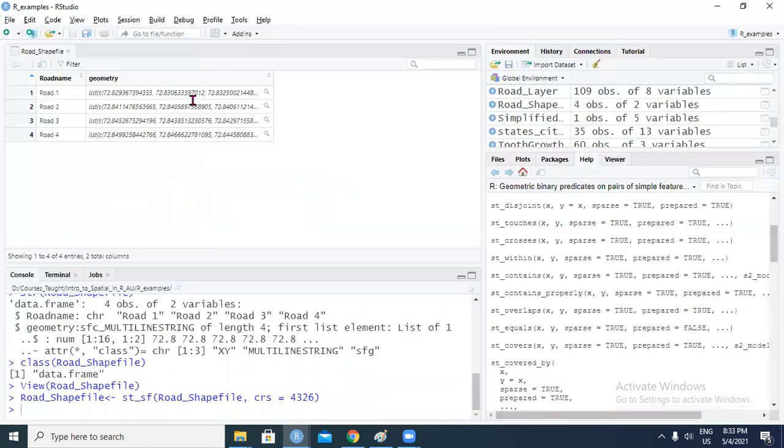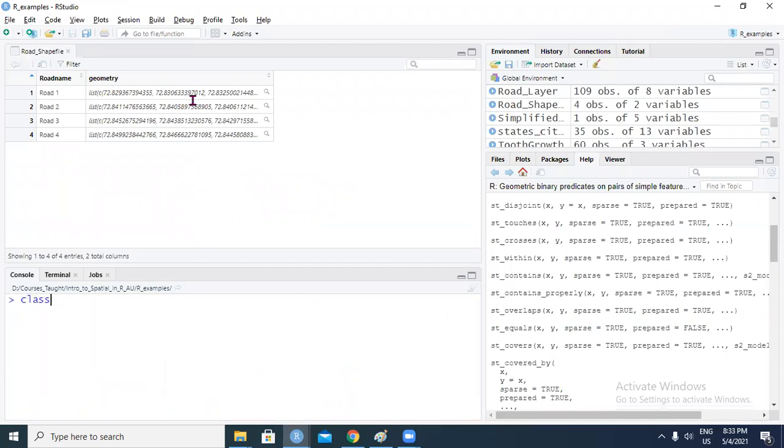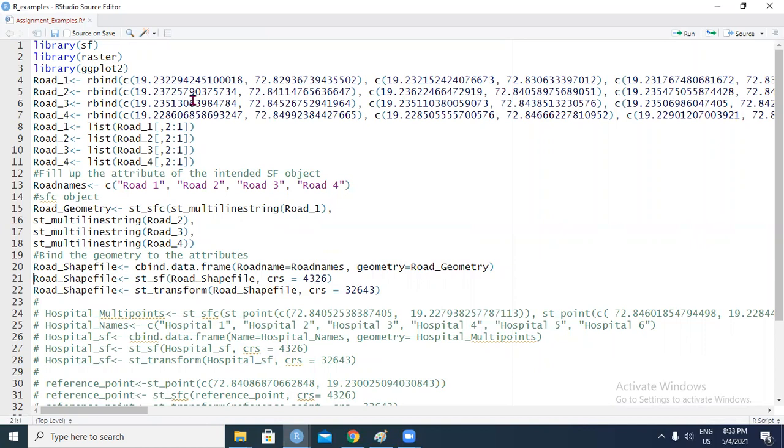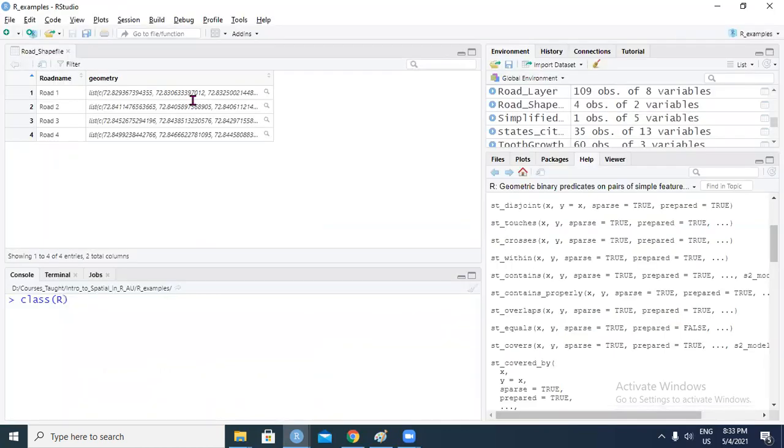I don't remember if I've run this yet. I have. Okay. So now if I see class, it says it's an SF object as well as a data frame. And that is what is important.